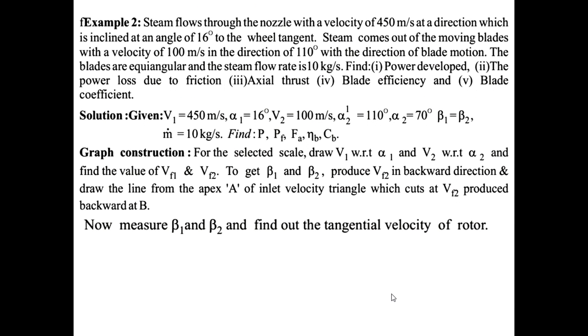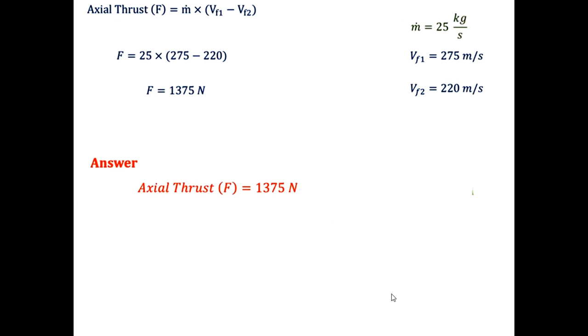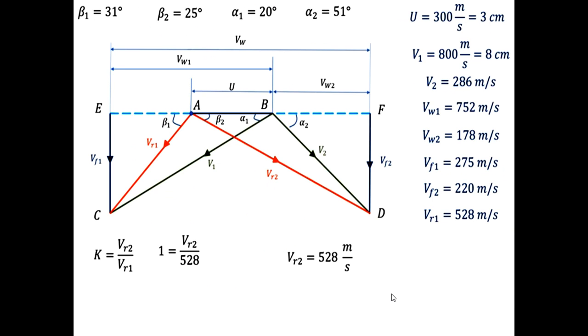Next problem. This is very very important. Sir, can we draw this diagram in reverse form, like below the AB line and above the CD line? Above the AB line. As per our regular classes, yes. You can draw. Even the C and D points, left and right, you can also reverse. That is also correct.